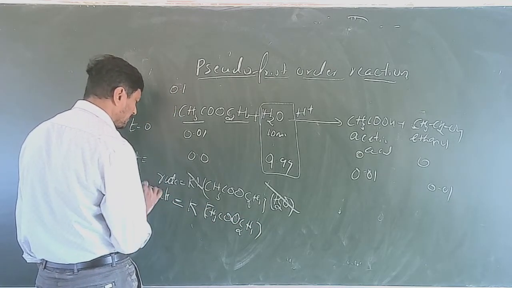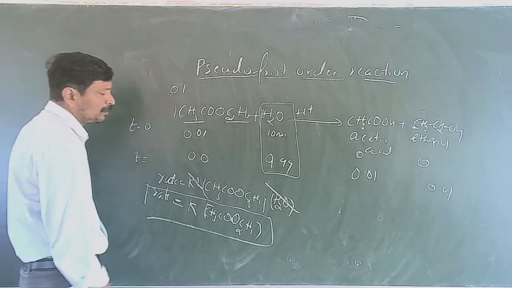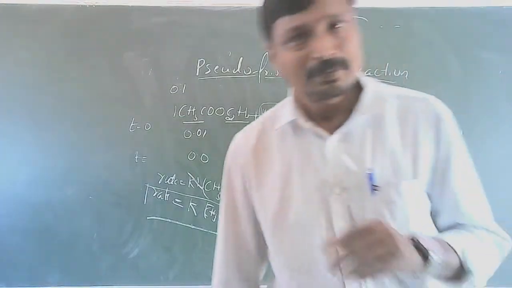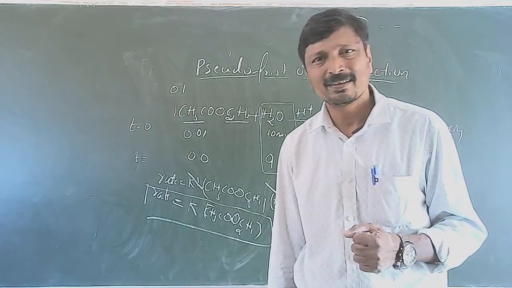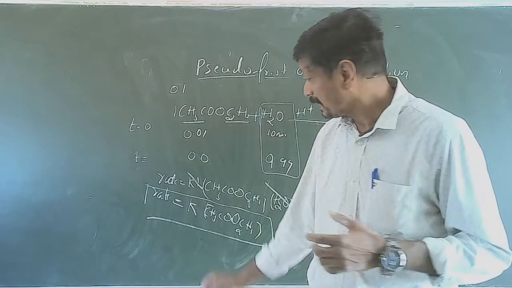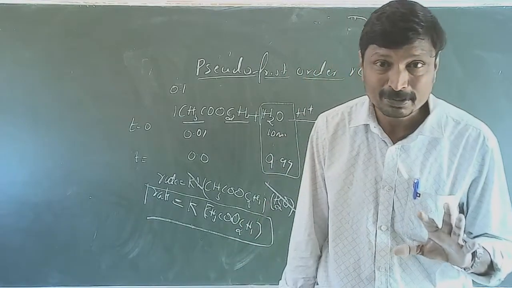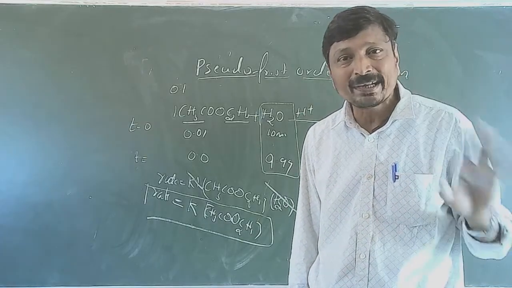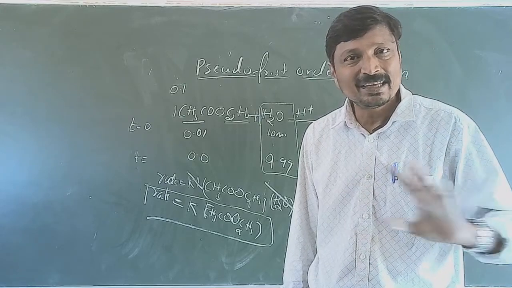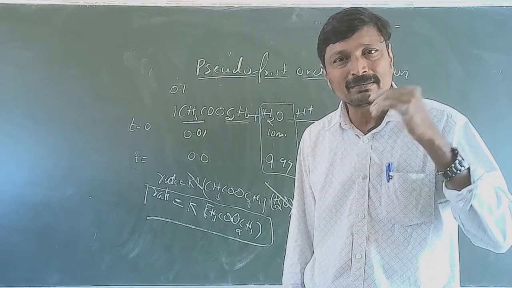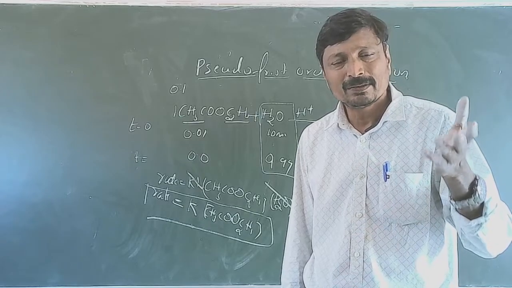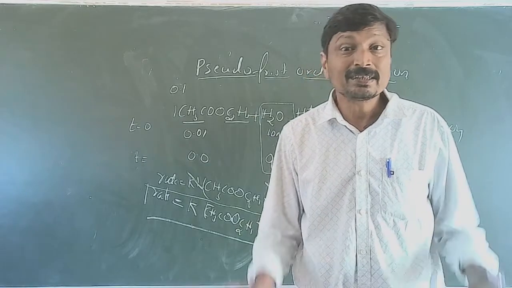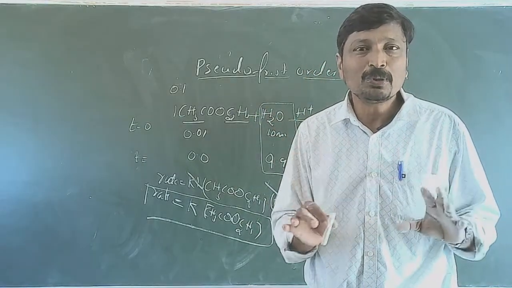So this is the rate equation. Here the rate of the reaction does not depend upon the concentration of the water. It's almost constant. However, now the reaction becomes first order. Actually, it is not a first order reaction. Because you have taken the concentration of water in large excess, the change in molar concentration of the water is neglected. So now the higher order reaction becomes first order. Such a reaction is called a pseudo first order reaction.